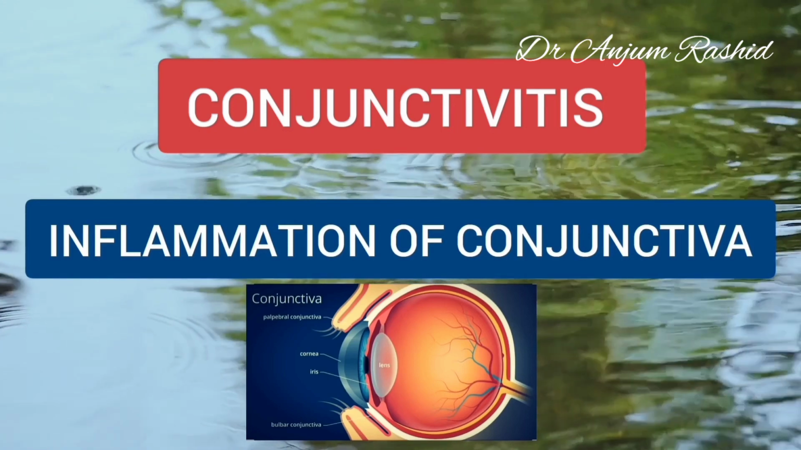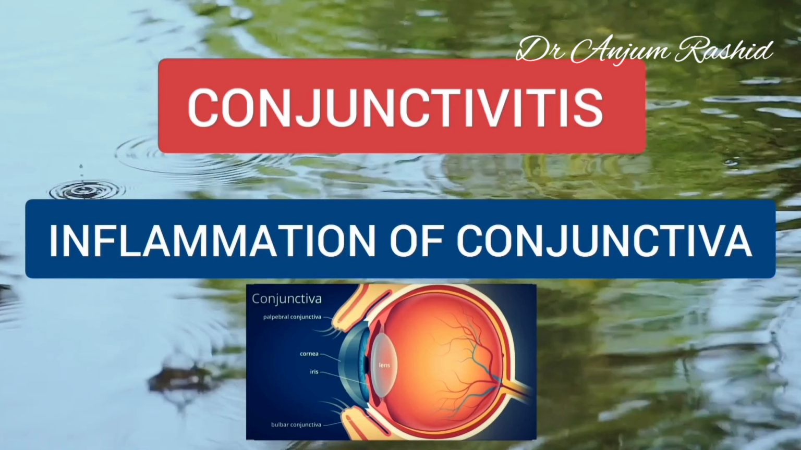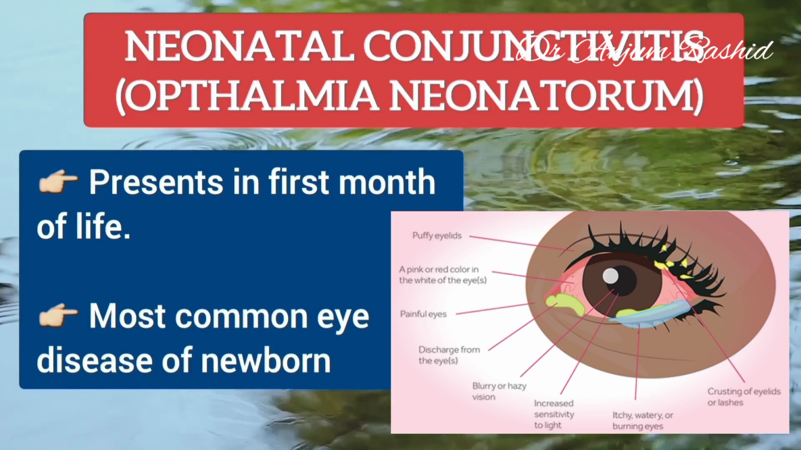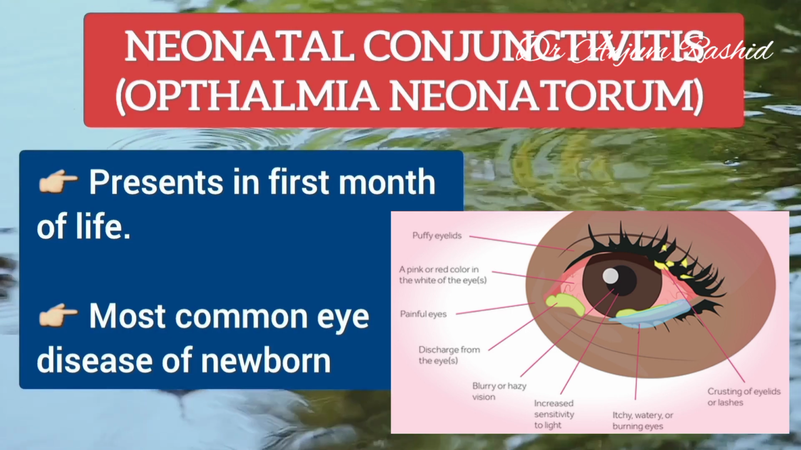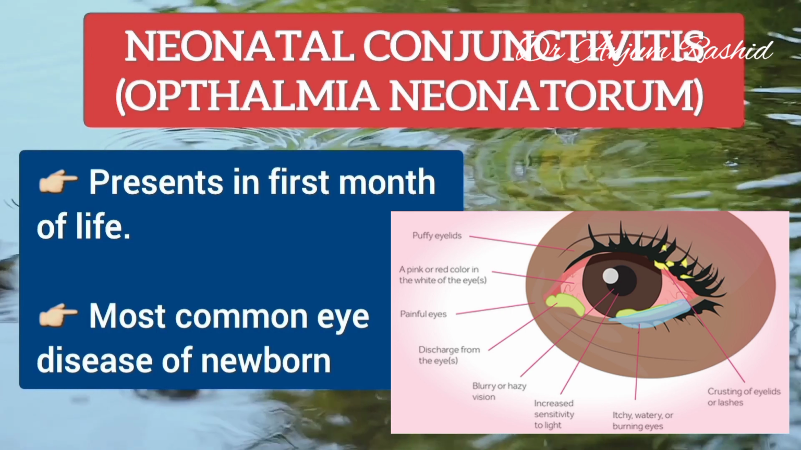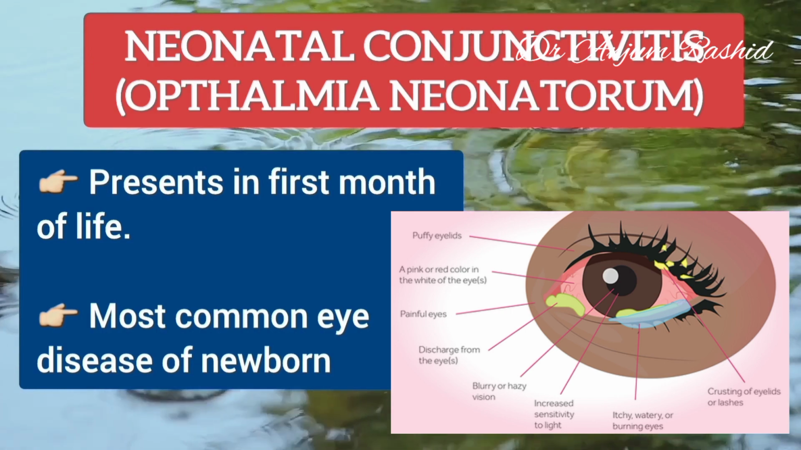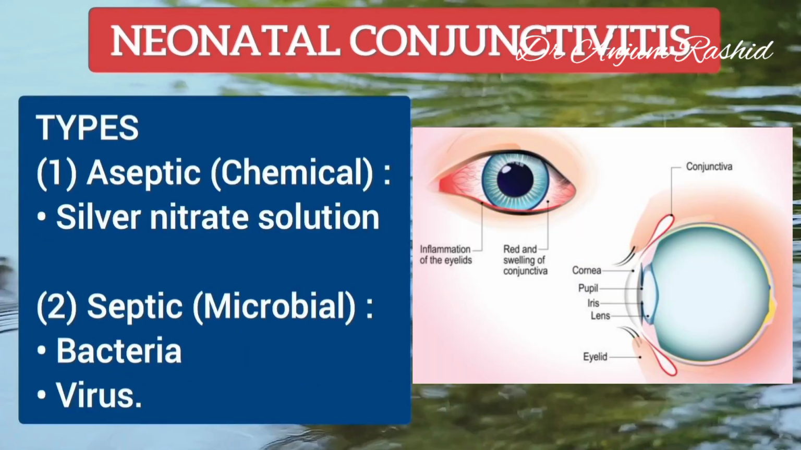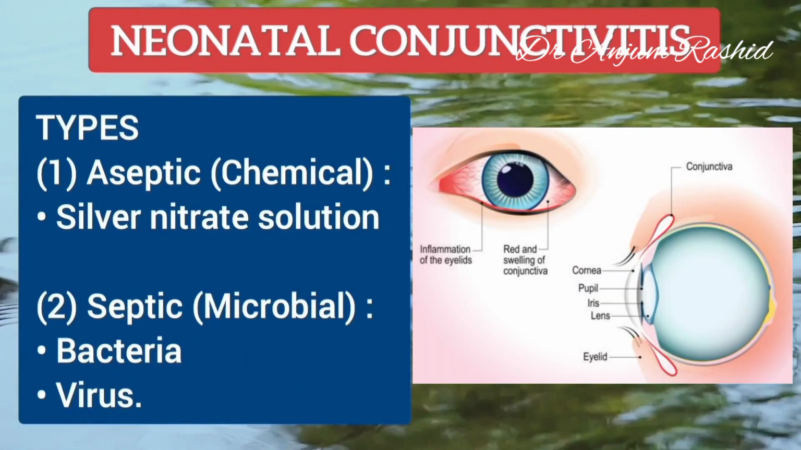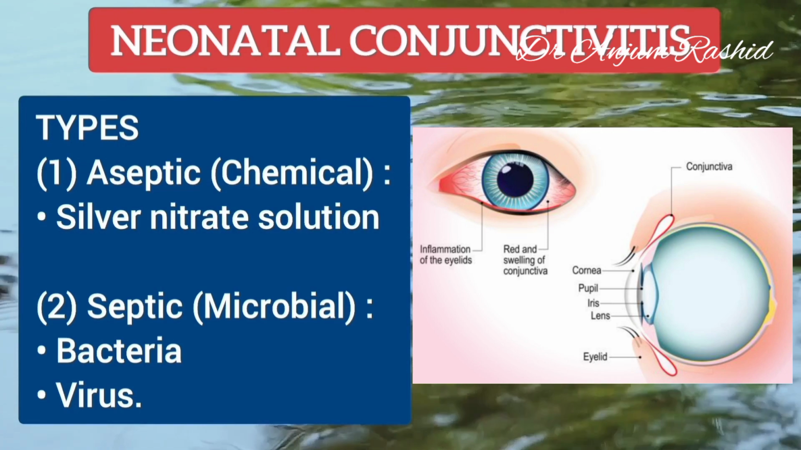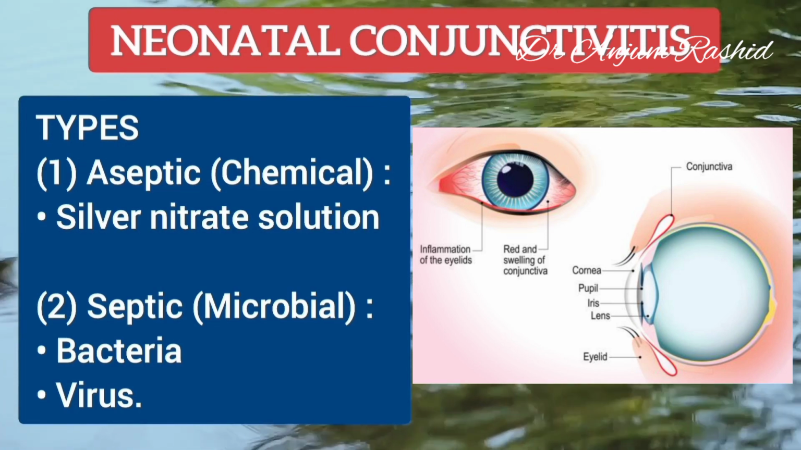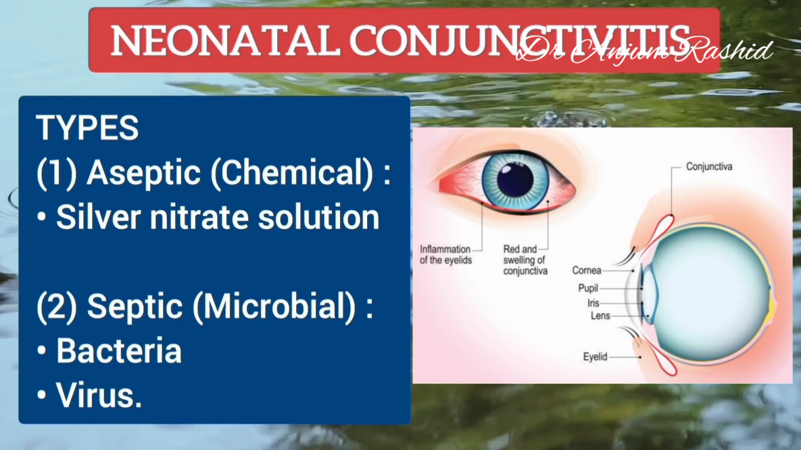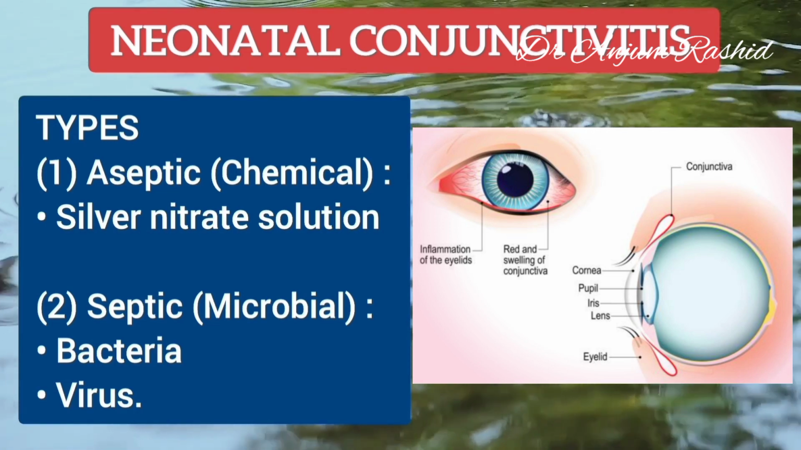Conjunctivitis means inflammation of the conjunctiva. Now, neonatal conjunctivitis or Ophthalmia Neonatorum presents in infants in their first 4 weeks of life, and it is the most common eye disease of the newborn. Neonatal conjunctivitis may be aseptic or septic. Aseptic or chemical conjunctivitis is induced by silver nitrate solution, while bacterial and viral infections are the major causes of